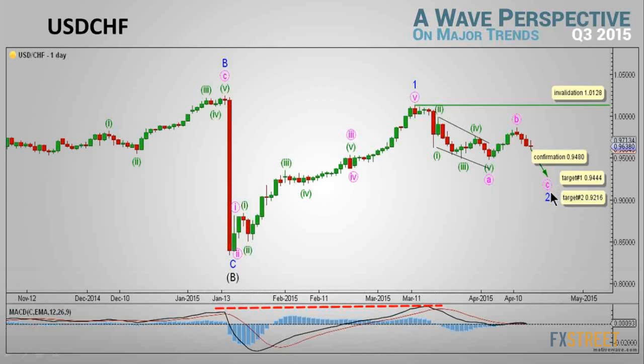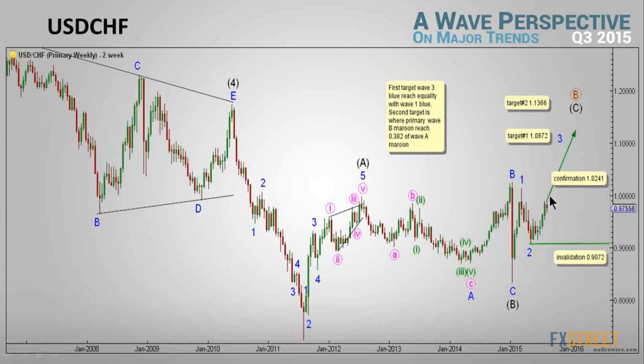2 blue. The daily chart expected Swizzy to reach 0.9444, and if exceeded then 0.9216, only if the confirmation point was reached below 0.9480. Both targets were reached and exceeded, and Swizzy reversed directions and started moving upwards. From that, it seems that the first part of Elliott wave expectations was reached, and the second part is yet